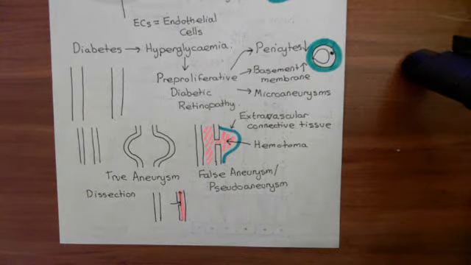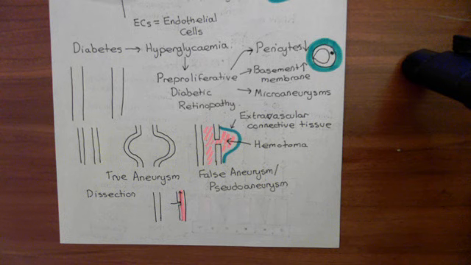Okay, so welcome to this next video in which we are discussing diabetic retinopathy. What we've discussed is that in diabetes, you have chronic and persistent hyperglycemia. So you have times where your blood sugar is far too high, and they are very regular and they last for extended periods of time. This high blood glucose is not good for the blood vessels in the retina, basically, and it causes